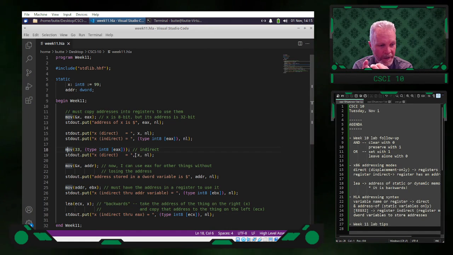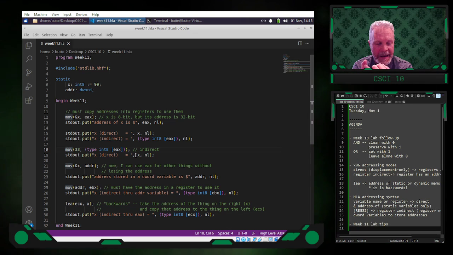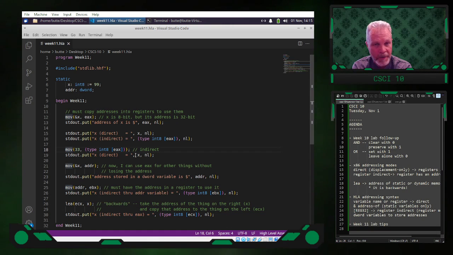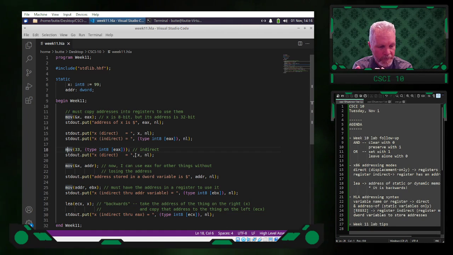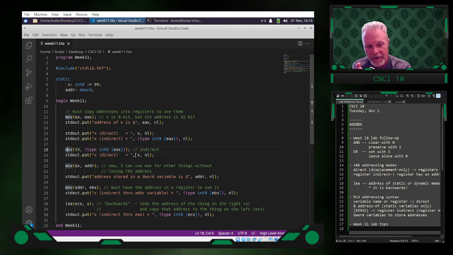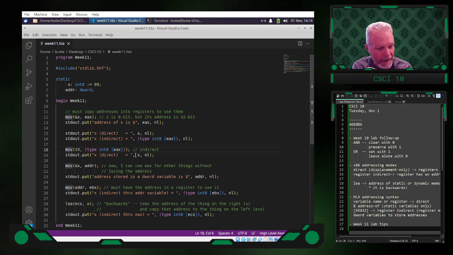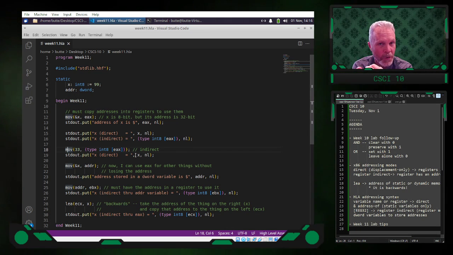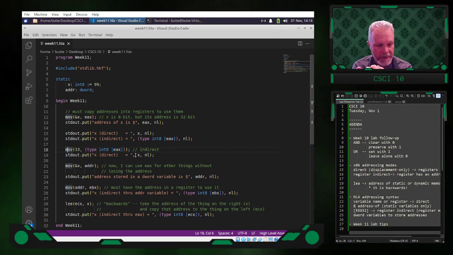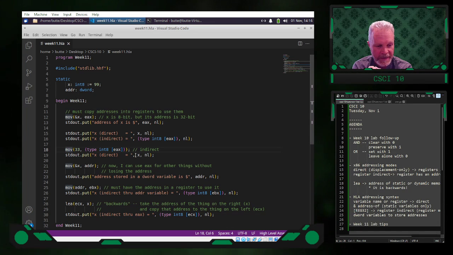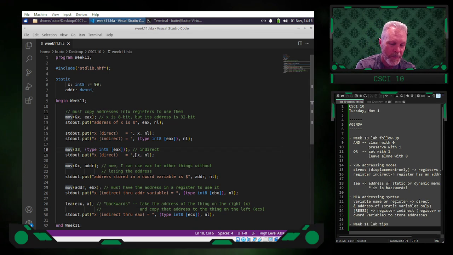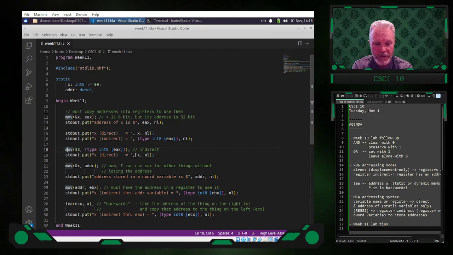On line 21, we are copying that memory address that X is labeling into our variable ADDR, and then we are taking it on line 25 from our variable ADDR and putting it into a register. Why? Because addresses can be stored in static memory, but they can't be used from anywhere other than registers. So if I want to use the address, I need it in a register. So on line 25, I put it in EBX, and then I use EBX for indirect addressing to get to